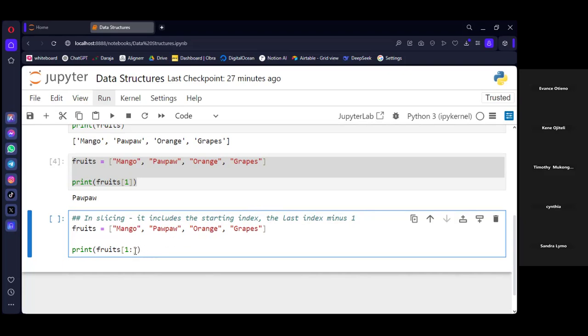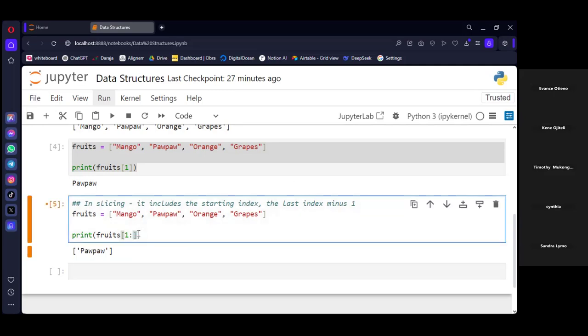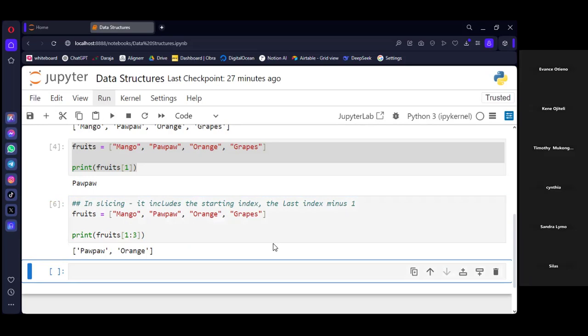Because if we just say 2 here, then you can see it's now returning only purple. So we need to add in an extra one, so that when it subtracts 1, we'll be able to get our range. Remember, the first index is always included, but the last one is minus 1.